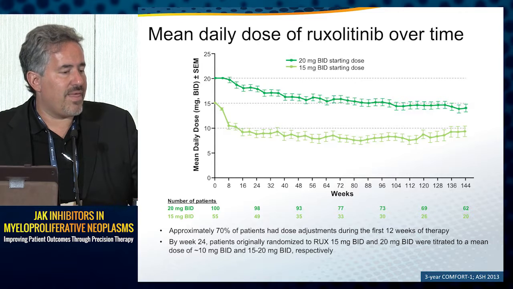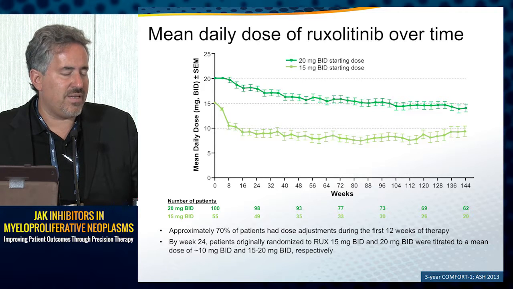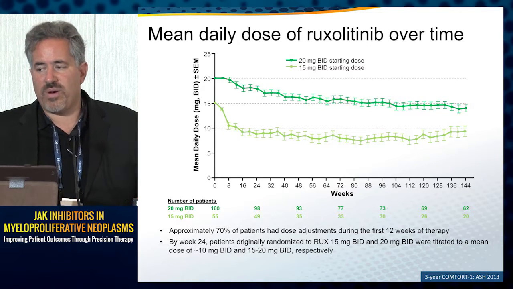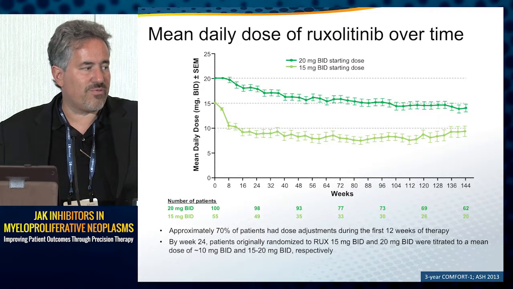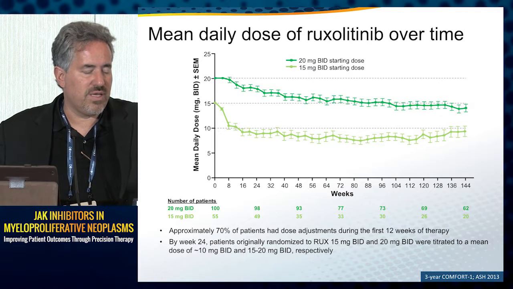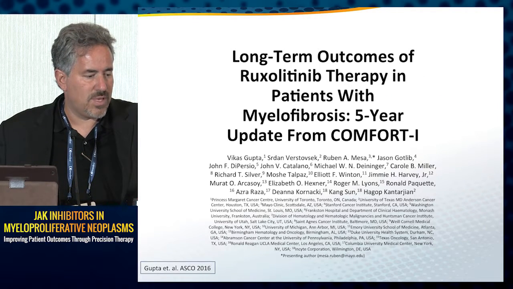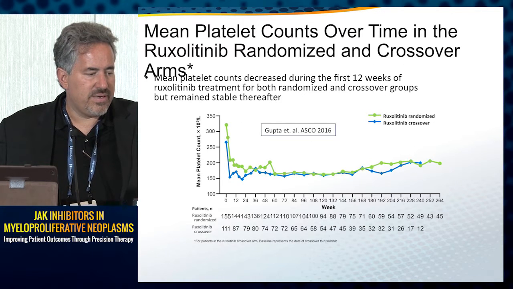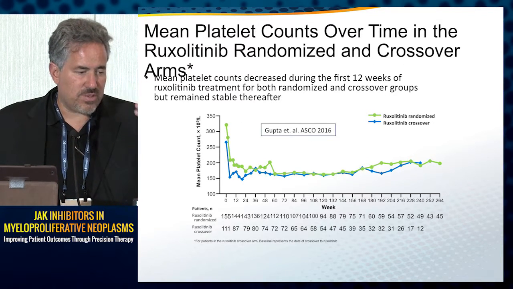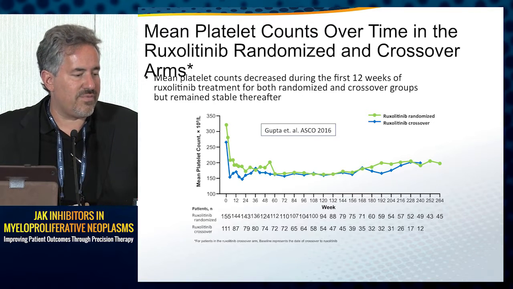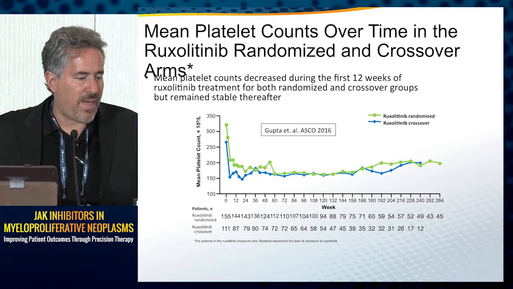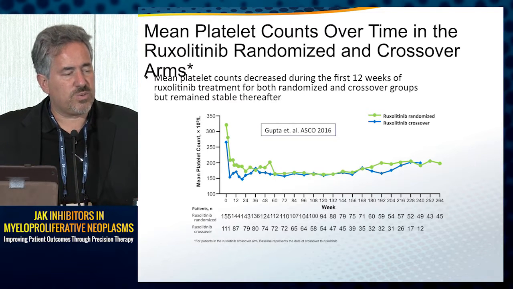We've learned over time that the COMFORT studies, which were designed in particular to identify the benefit of reduction of splenomegaly within that 24-week period, really were very front-loaded in terms of dose. Over time, I think we have learned some patience with dosing as well as lower dosing. Our long-term study that I presented for our team at ASCO did demonstrate very similar experiences, now with longer periods of response, the platelets, that initial impact, but then really stabilization,